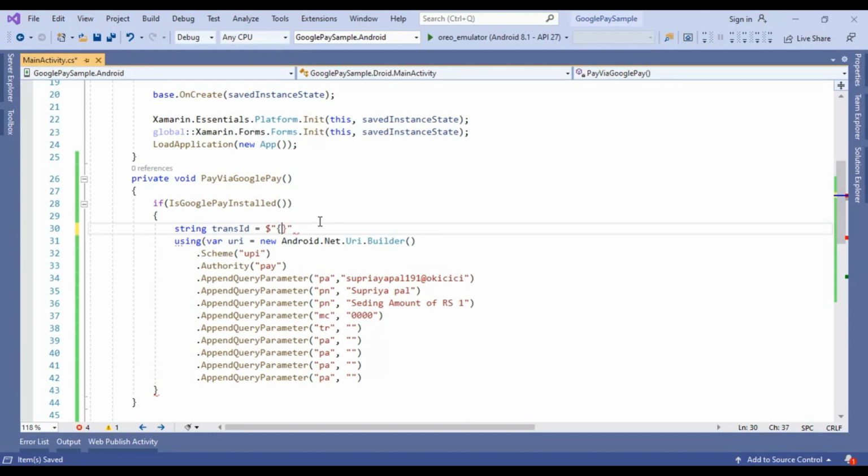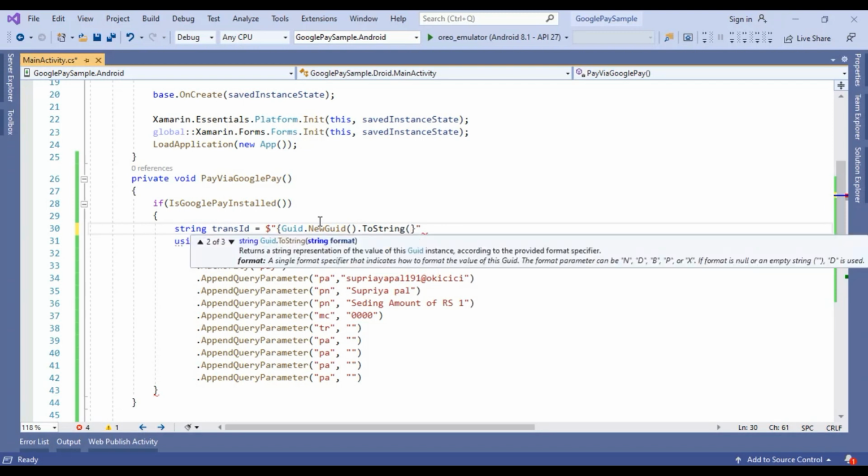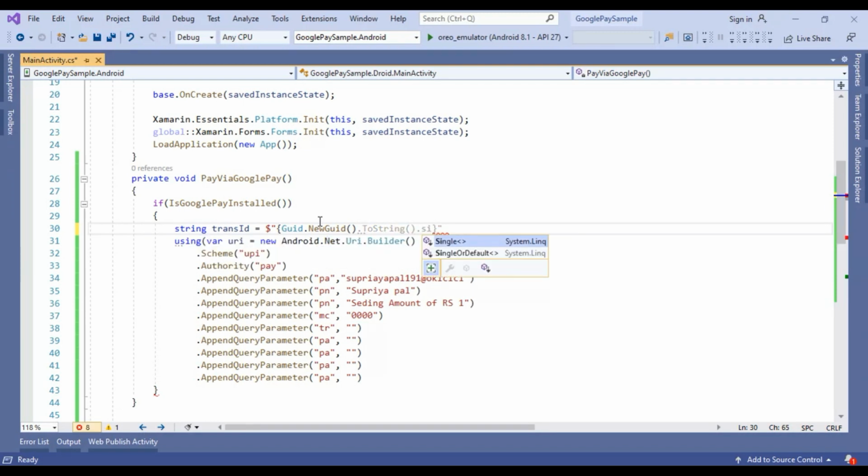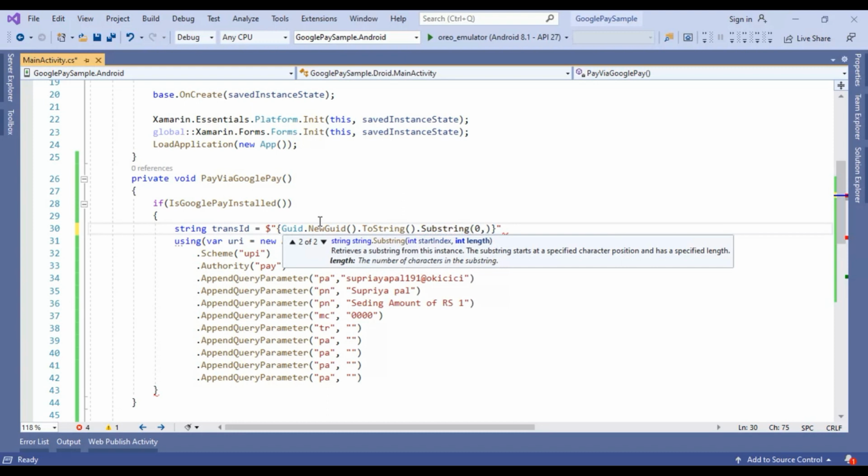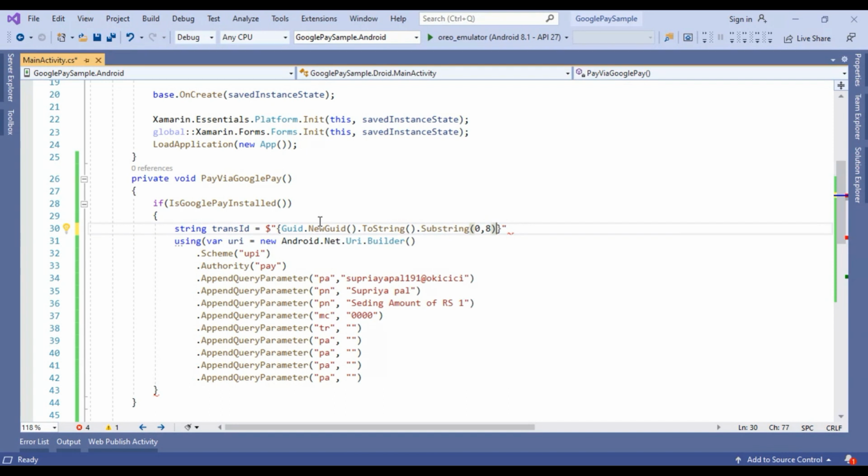Here we are using Guid dot NewGuid dot ToString dot Substring, and we need only 8 digits, so we are passing 0 to 8, and we concatenate a static keyword here. We are using UPI, and the next 8 digits are the random transaction ID. So here I am going to pass the random transaction reference ID.